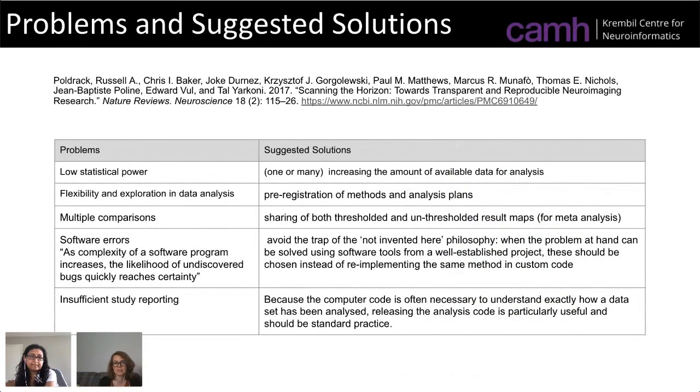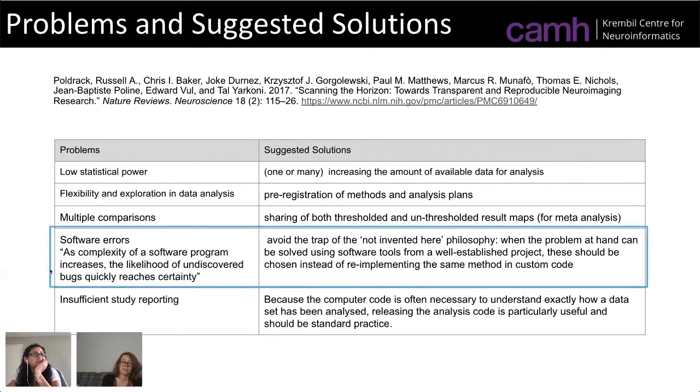Some things are just scientific, and we'll talk about statistics later, like low statistical power causing reproducibility problems, flexibility in the exploration of the data analysis, leading to people just trying things or p-hacking until they get an interesting result and then publishing, and problems of multiple comparisons, which is a big problem in both omics and in neuroimaging. But the two I want to talk about today are